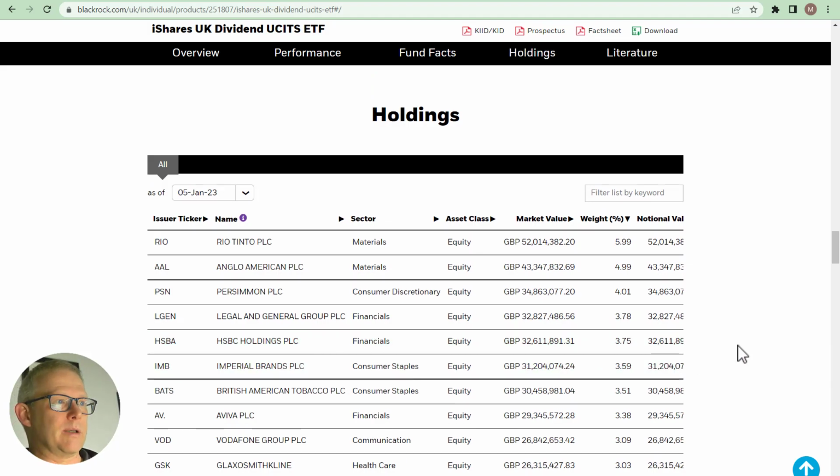This table basically gives you the different ticker symbols of the stocks that they invest into, the sector that they're in, and then looking at what that weighting is of the different stocks that we're investing into. All of those names in there are probably very well known to us. You can then look and see